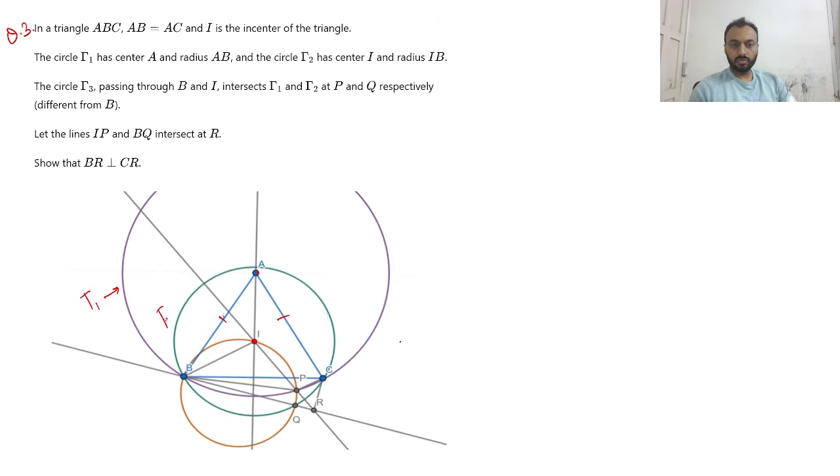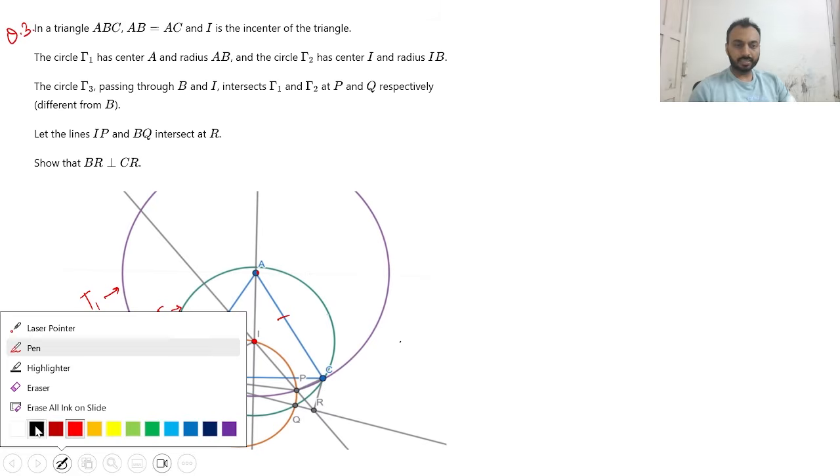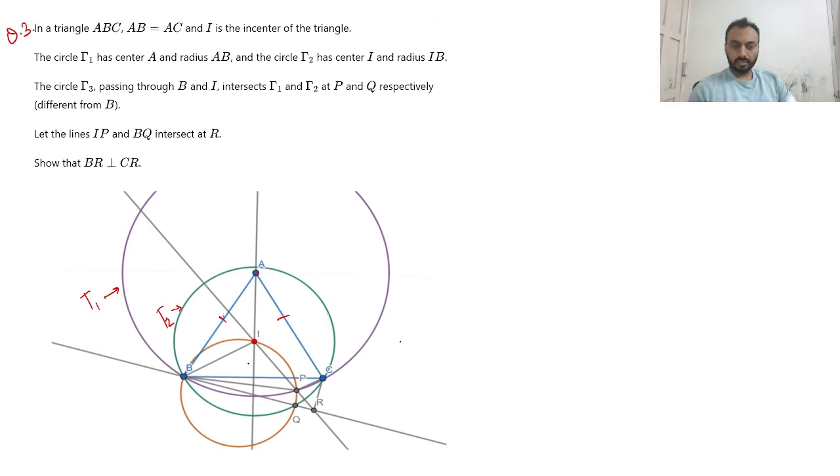Then we have a circle 2, which we draw using I as a center and IB as a radius. Again IB is equal to IC, so that circle passes through C also. So this green circle is our circle 2. Then we have a third circle which we pass through I and B. We can draw infinitely many circles passing through 2 points, so this orange circle is a variable circle,